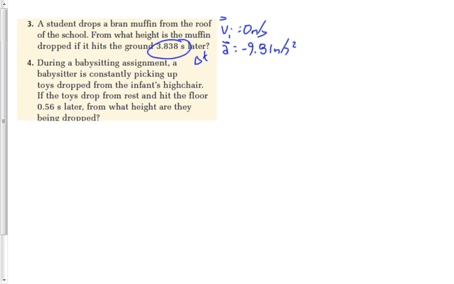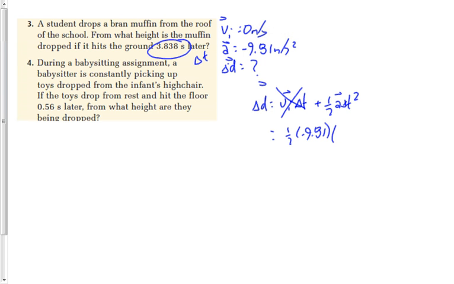What are we looking for? From what height is it dropped? What's the variable we're looking for here? Displacement. Displacement is technically not the height. It's technically how far the object has fallen, right? But if we get a negative 55, then we know that the height of the building was positive 55. So let's get that now. Let's say D is equal to VIT plus 1/2 AT squared. That's not the only way to solve this, but I think it is the most direct way. Cross that off because VI is 0. 1/2 of negative 9.81 times T squared,